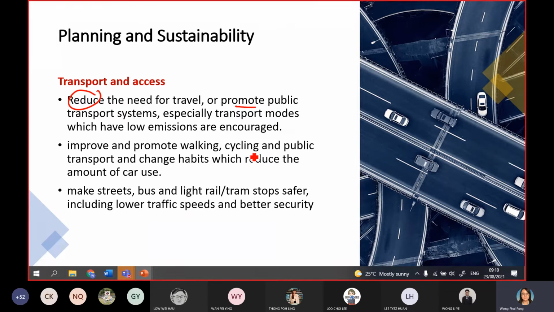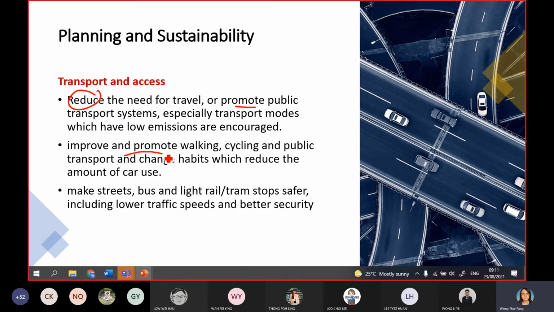But if everything is back to normal, I can share my experience, it is really very convenient because I don't need to drive myself. I don't need to look for parking. You know, if you want to go to a shopping mall, especially Mid Valley, it's very, very difficult to find parking after 12 o'clock. So if I can take public transport, it solves all these problems. Actually, it's a good way. It gives a choice to the property buyer and the owner to have a chance to take public transport.